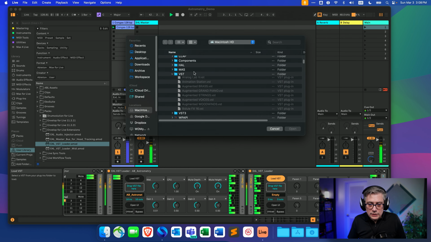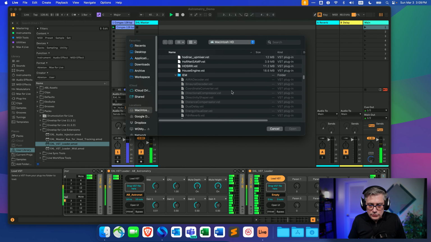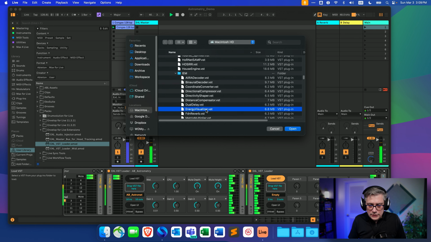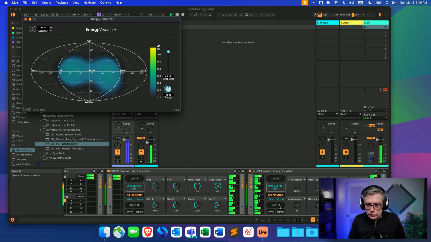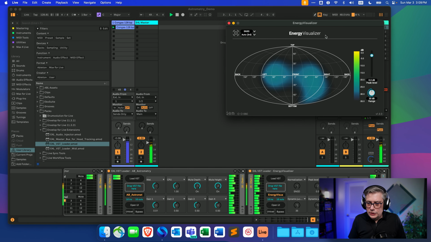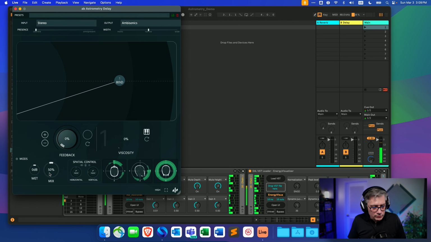Also a free plugin, and that is, where are we? Here we have the IEM plugins, and what we want is the energy visualizer. So we're going to open it up. And we will open up the user interface, and now we have the energy visualizer, and we see where the actual action is. So if we go into the plugin here, let's move that mix to 100% wet.